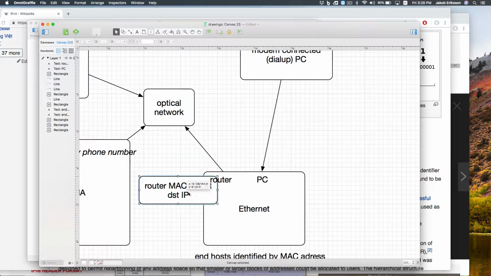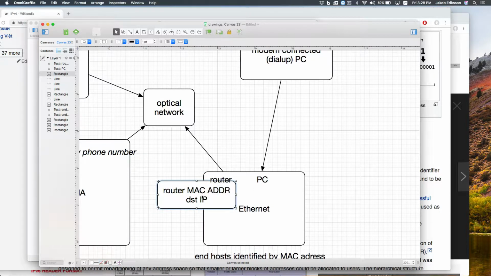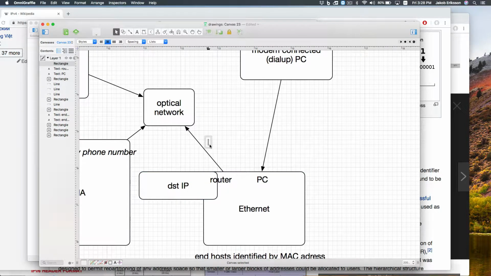Okay, so the router sees this, and now it sees, okay, that was for me. So we delete this, and we look at the destination IP address, and okay, it's for the internet. And I know that all of my internet routes, because we're keeping it simple so far, are in this direction. So now I'm actually connected here over, let's say this is a cable modem sort of thing. So now we put the cable modem link layer header,